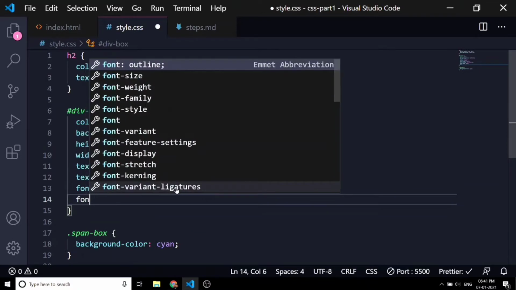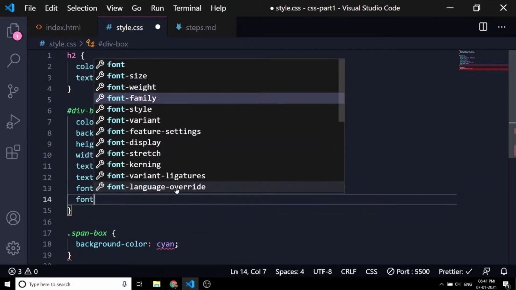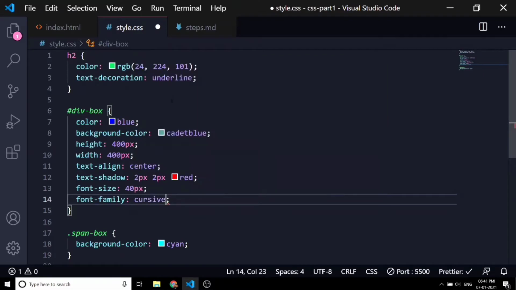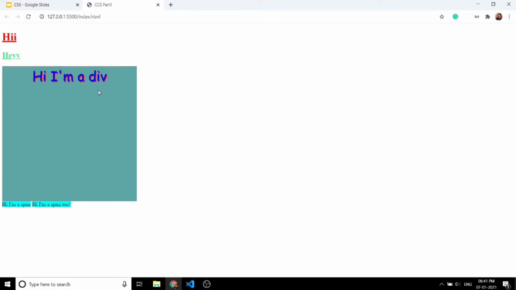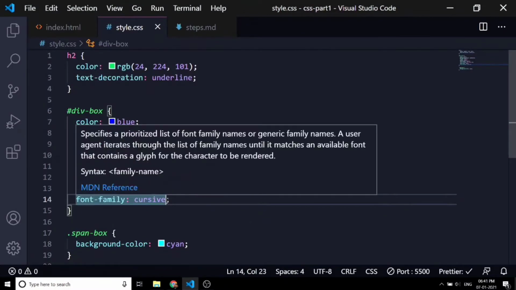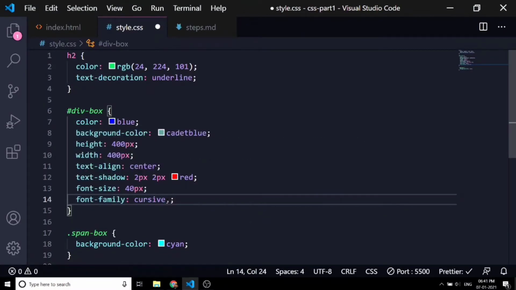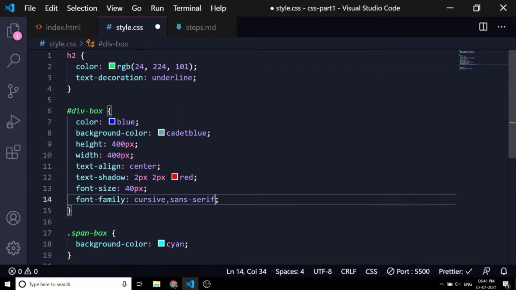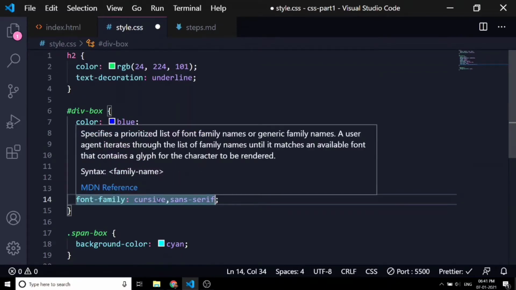For that we use font family. For example, if I give it a font of cursive, you can see the font of the text changes from default to cursive. It's always better to use a default font along with the font that you are applying, so that in any case, if the font that you have applied doesn't work, the default one surely works.